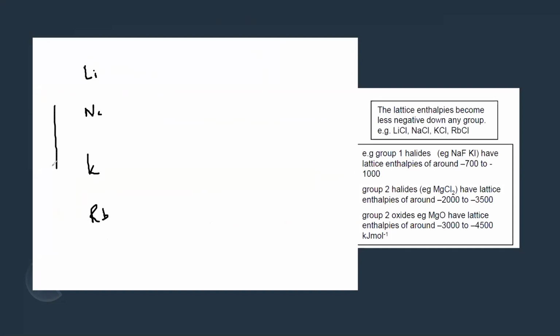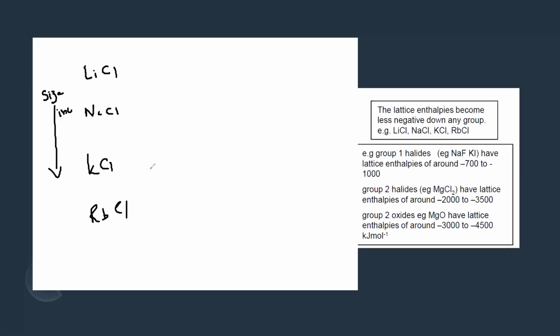As we go down the group, the size increases. Size of atom will also increase, and the size of ion, because there are more electron shells. So if I have lithium chloride, sodium chloride, potassium chloride, rubidium chloride, which one